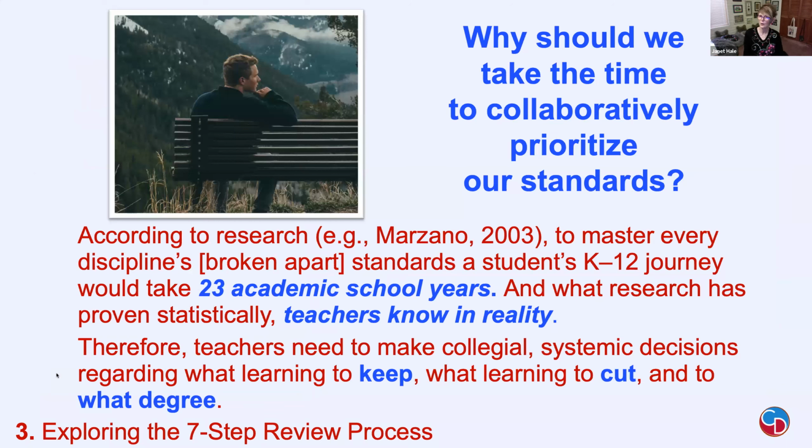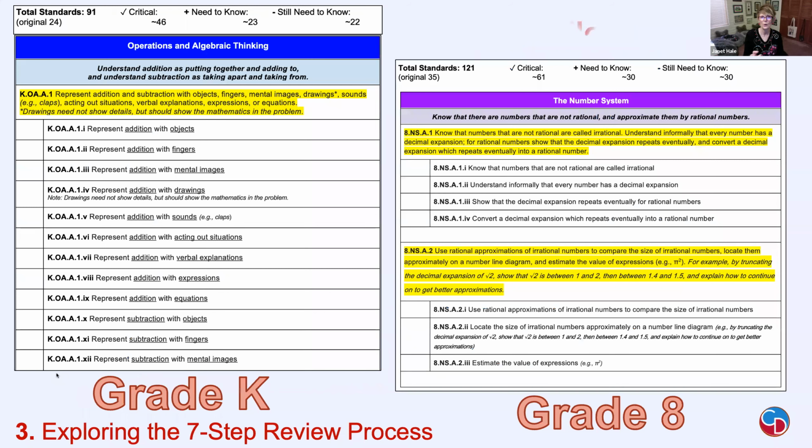With that said, though, and Keenan, you just actually mentioned it, in today's world, as well as in worlds in the past before COVID, there are too many standards. So what are we going to cut? What are we going to keep? And to what degree? So what I do is bullseye prioritize the standards by first that we need a document to collect the data.